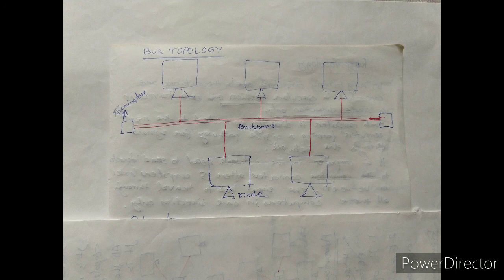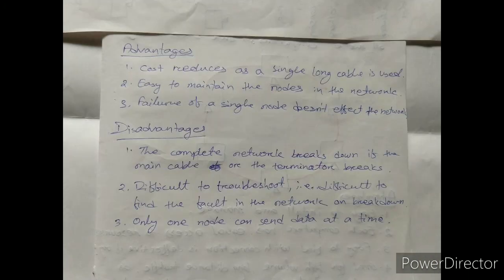So the whole bus is now containing the information, right? How will the next information flow? For that, the terminators will absorb the information completely so that the next information can flow. So what are its advantages, or merits? Why should we use this topology? Because it reduces the cost. Why? How?